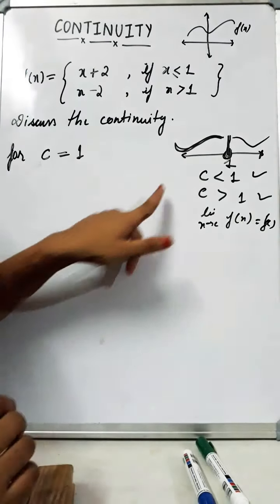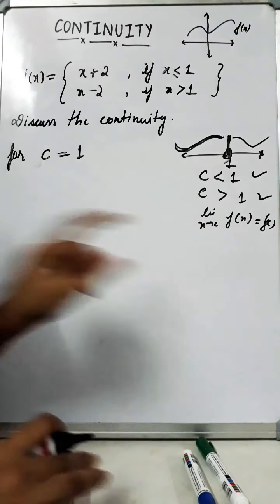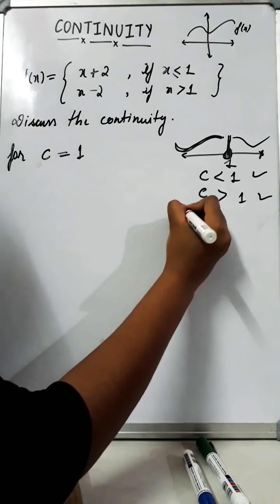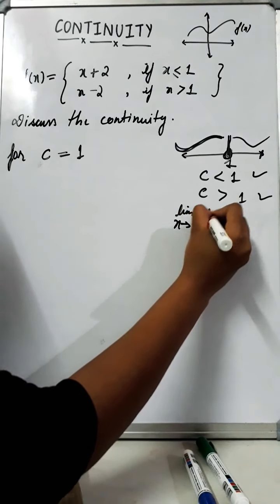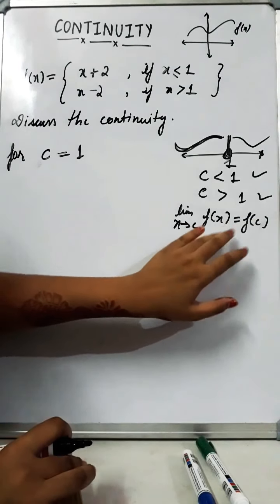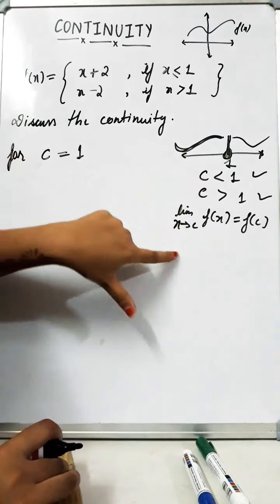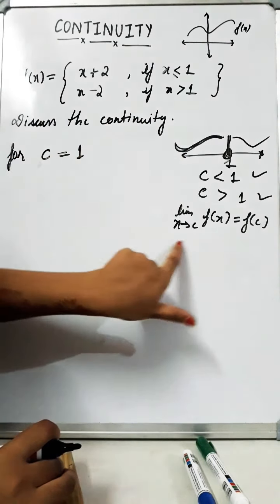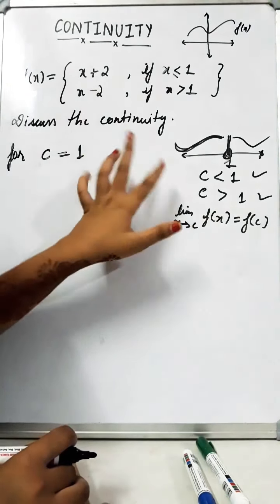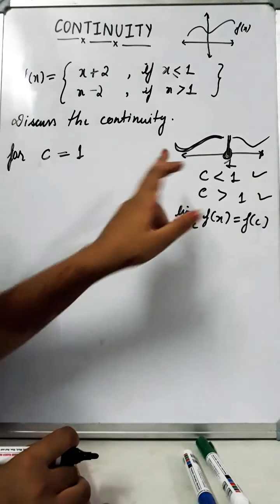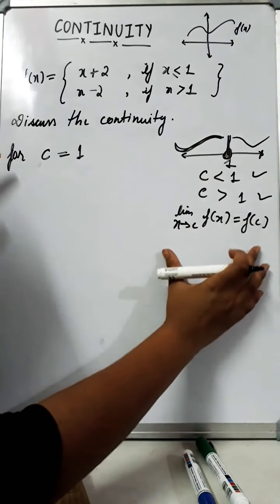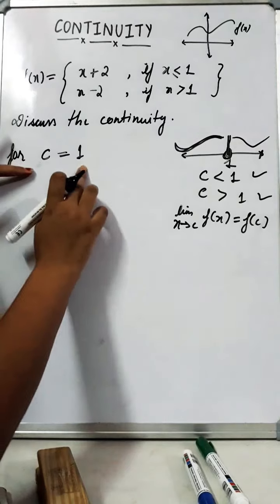तो वही चीज़ मैंने दोनों पार्ट में की। जब c 1 से छोटा था तब भी मैंने यही डेफिनेशन लगाई। लेट मी राइट इट इन अ नाइसर वे, लिमिट x टेंड्स टू c f(x) इज इक्वल टू f(c), ये आपकी फंडामेंटल डेफिनेशन है। ये डेफिनेशन मैंने c लेस देन 1 पे भी लगाई और c ग्रेटर देन 1 पे भी लगाई। दोनों केसेस में ये कंडीशन वैलिड मिली। तो मैंने पाया कि इन दोनों डोमेन्स पे मेरा फंक्शन कंटिन्यूस है। नाउ वी विल चेक फॉर c इज इक्वल टू 1।